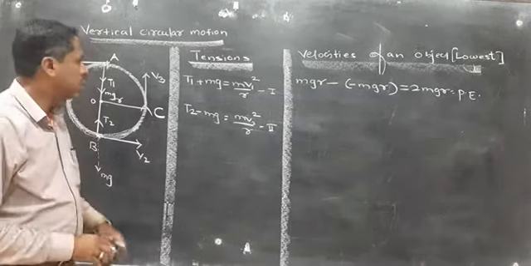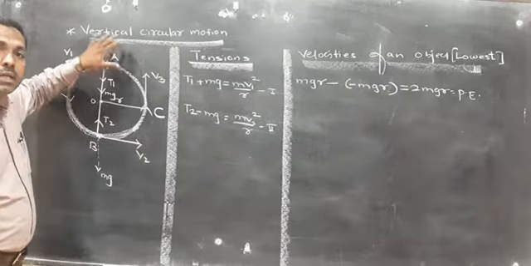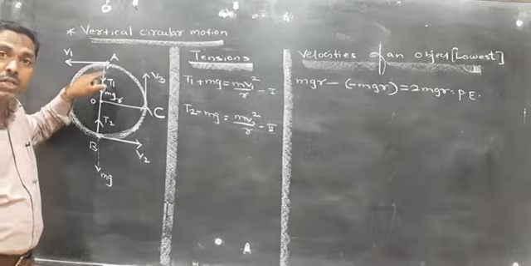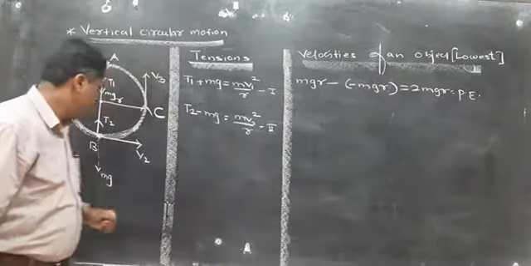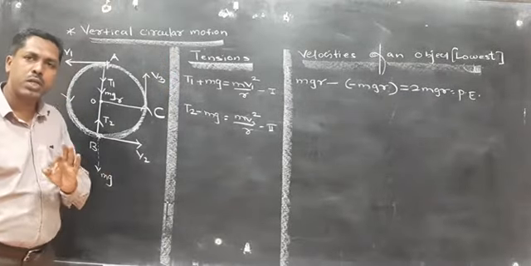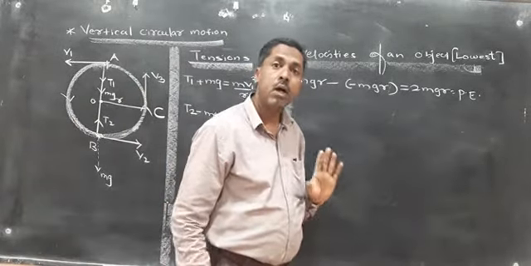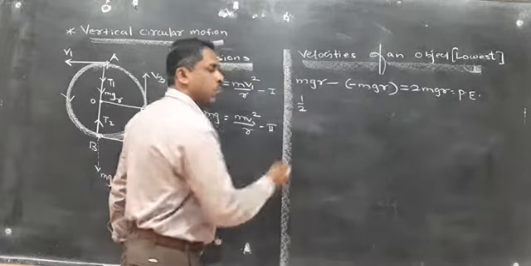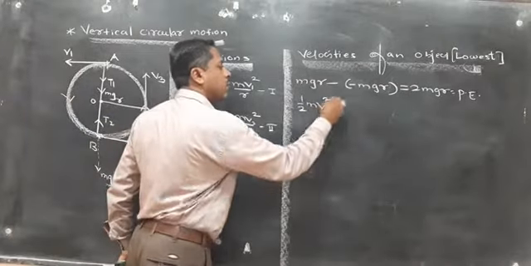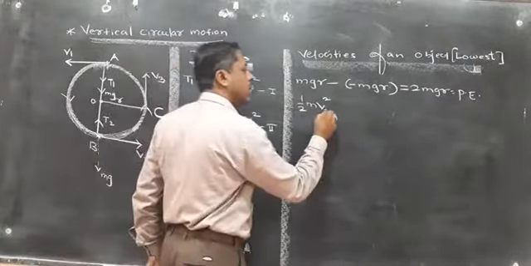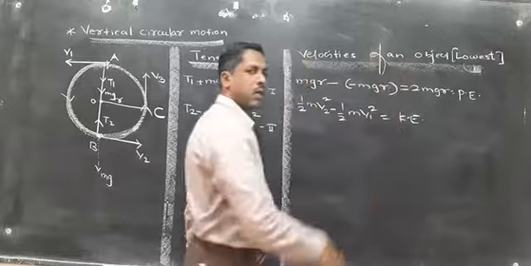Once again, what about the velocity at the bottom? Before the bottom, the object is coming from the top. It has certain potential energy, mgr. Moving to the downward side, minus. When it reaches the bottom, the potential energy of the object is minus mgr. So mgr minus of minus mgr is twice mgr. What about its kinetic energy? Moving from A to B, kinetic energy is 1/2 m v square. From top to bottom, 1/2 m v2 square minus 1/2 m v1 square. This is nothing but the kinetic energy of an object.